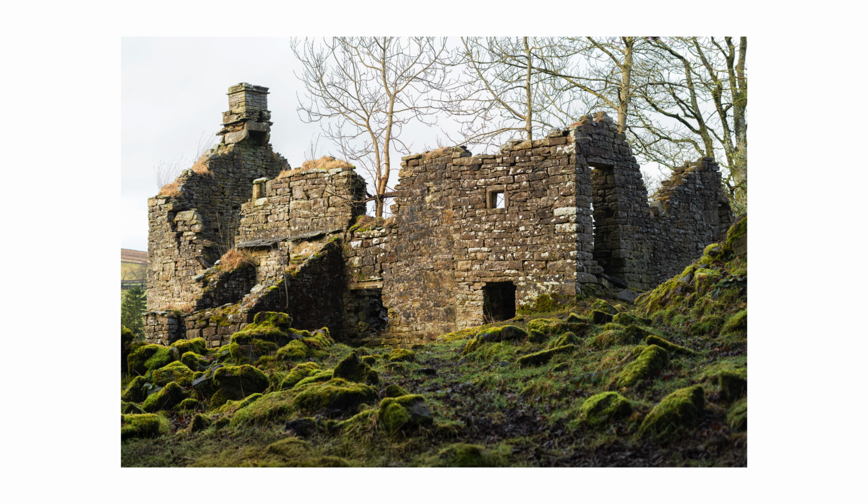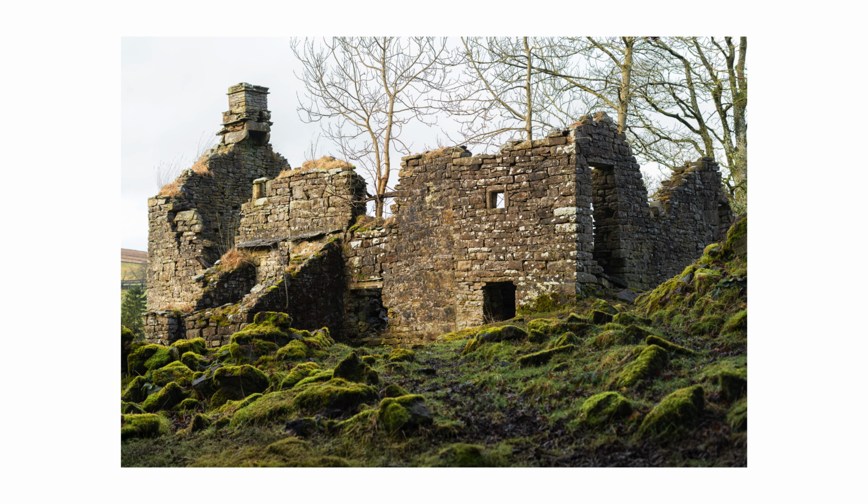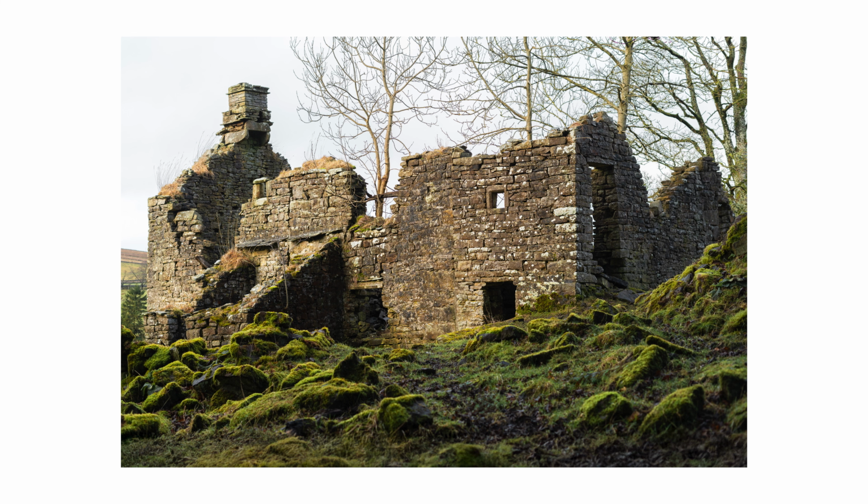So this shot here of the ruined building that you may have seen recently in my video, I've gone in here for a nice tight crop, textured and lovely. We've got those green rocks down the bottom, but what I want you to focus on is the tree in the center of the building that comes up through the gap in the wall there. If I take a step too far left or too far right and my angle is off, that tree then